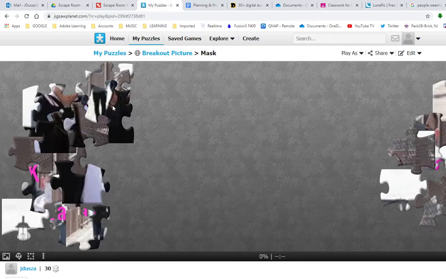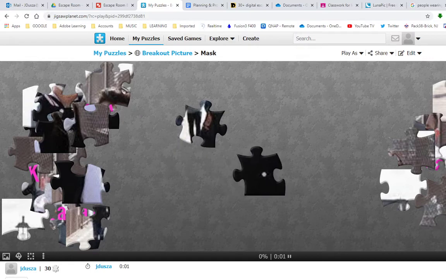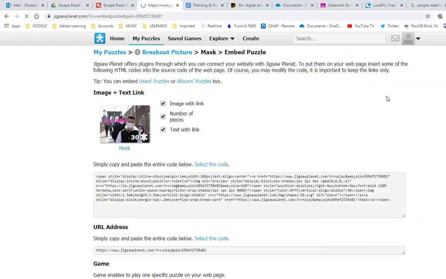At that point, this becomes interactive, which is what we're doing in this class. And then all you do when you're done is do share and embed, and then this is the address that you're getting for people to play that. So we would just take that, we would copy that,